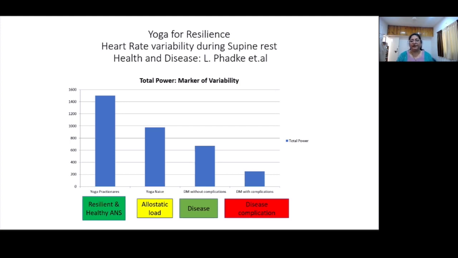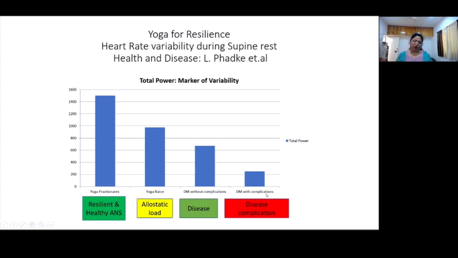Then with this graph, you can see that it's a cross-sectional study where we have compared the resting heart rate variability of trained yoga practitioners with that of patients with complication, without complication, and yoga naive individuals. So you can see that over these groups, the HRV is actually reducing. The overall variability reduces. The high variability is much higher in yoga practitioners compared to those who are